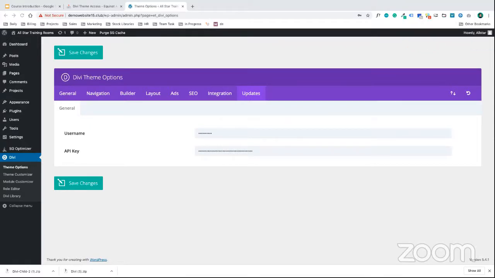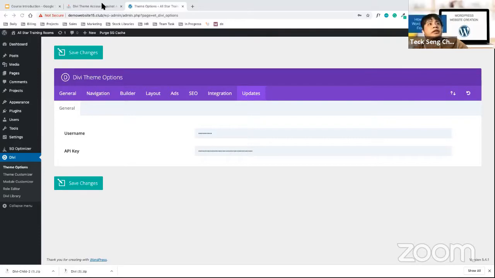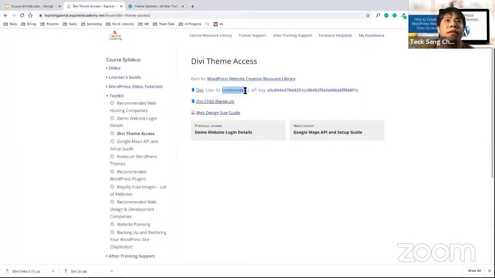Actually, do we use Lemonade IT? Yeah, just go ahead and use that. Just for the username and your API key, right? You just need to go back to your learning portal. Still under DVTMSS, you should be able to get it. Take a look at my screen, you understand what I mean. Okay, Jet.